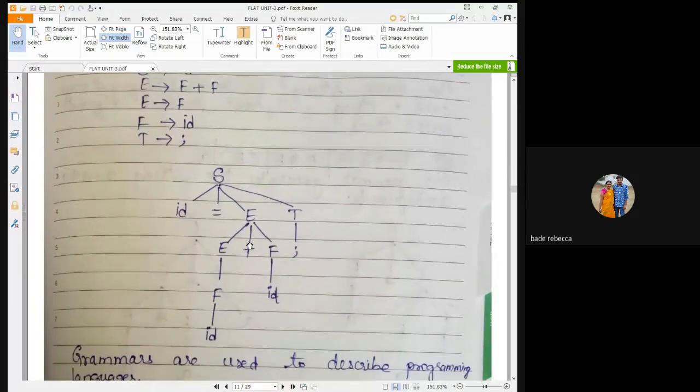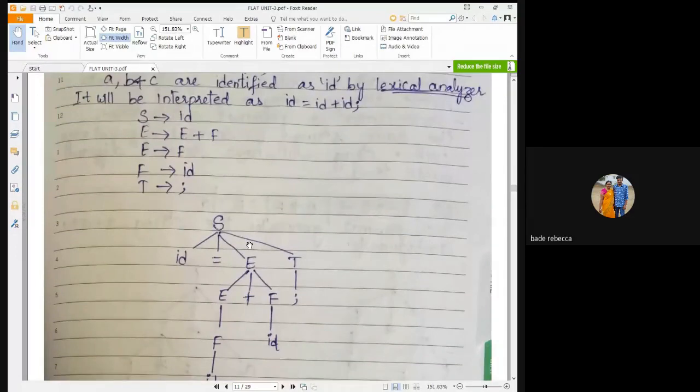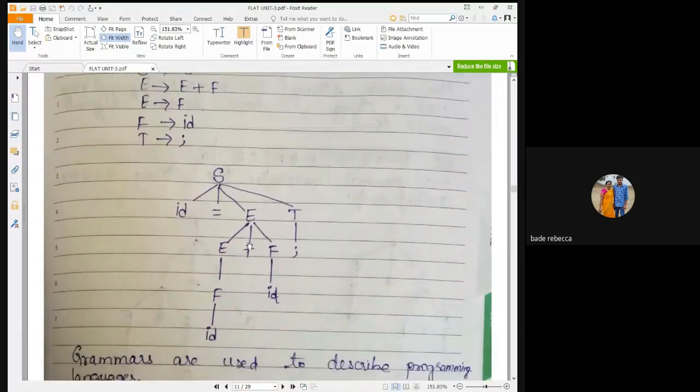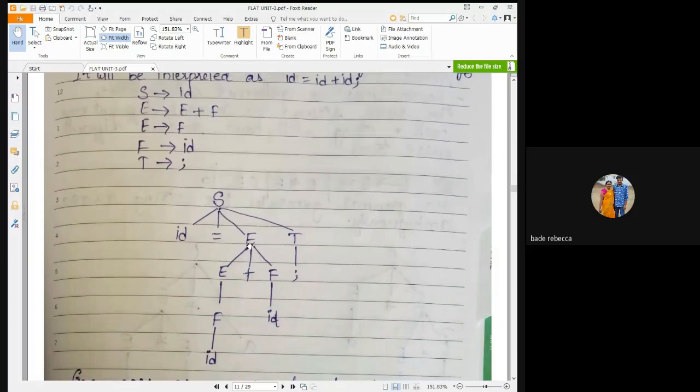Is this example clear? In this one, I missed the production rule.